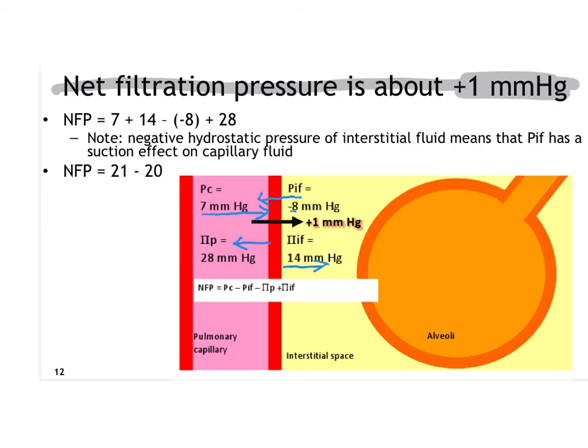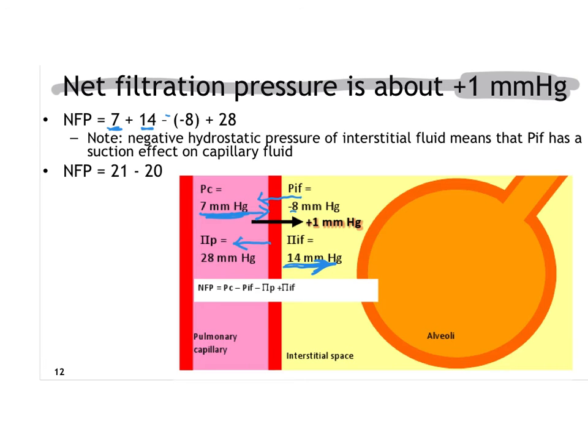And then my other pressures that I have within this are going to be a pull because they're colloidal pressures, so they're a pull. So then if I add up all of the numbers that are going in the same directions, I would have this 7 here plus this 14 going in that direction,